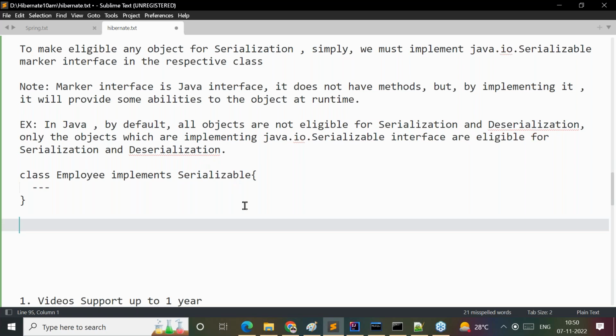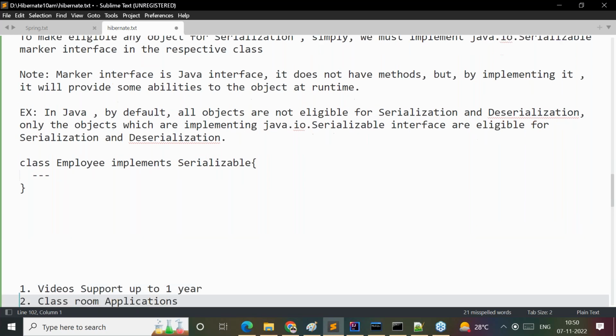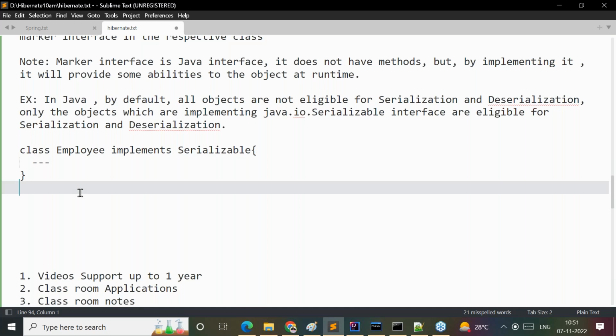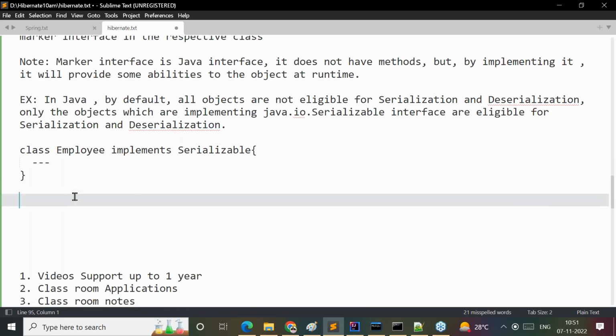After completion of this particular one, what process do we have to follow? Finally we understood whether this object is eligible for serialization or not. If it is not eligible, then make it eligible. Make that object eligible for serialization. That's okay, good, nice. Next one I'm telling you, after completion of this,